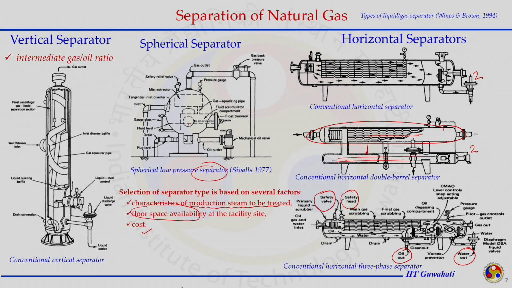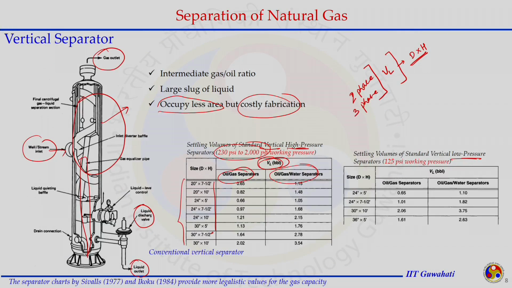But this is not as simple as it appears, because it is not only the liquid amount that is considered here, we also have to consider the gas capacity that we are going to face. Considering both gas capacity and liquid capacity, our separator should be designed in such a manner that it is not over designed, meaning it has more area available than required, or more volume to be occupied than we are dealing with, or it should also not be under designed, where it gets overflowed or is not able to handle the amount of fluid being produced.